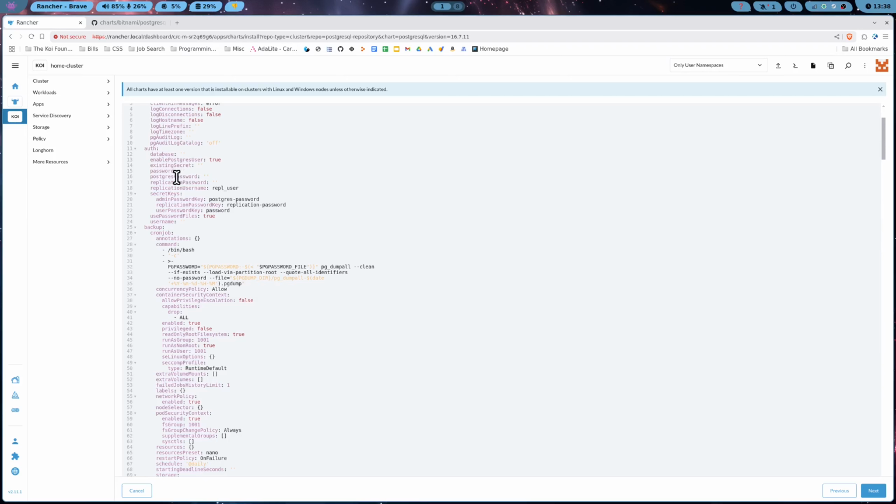And then along with this, we have the Postgres password. This is the admin Postgres user's password, so you're going to do something unique here. Replication password, again, something unique. And then the password, this is for